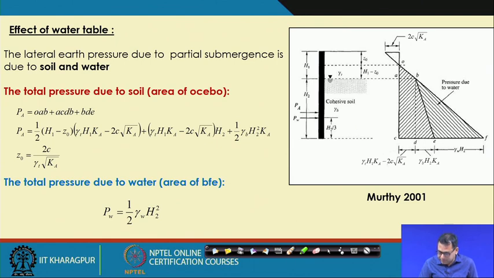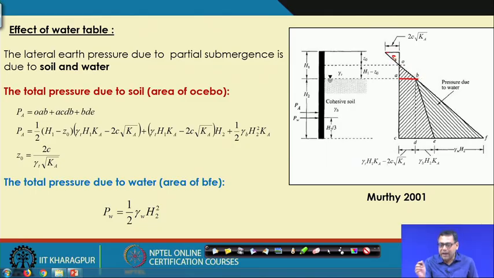So, if this Z0 is within this H1, then this will be the distribution up to this point. Then this one will act as a surcharge here, this portion is for the additional stress of the lower part, and then this one is the water table part. So, these are three different parts, similar to the phi soil, but there will be a negative zone. As I mentioned during the force calculation, we consider this shaded portion only, which is the positive part only.